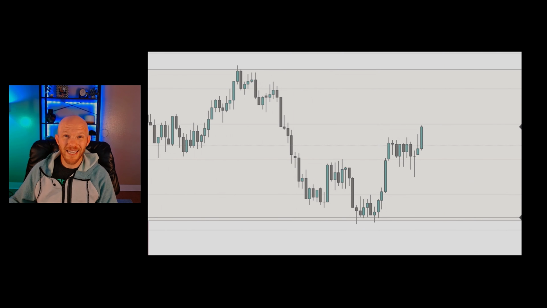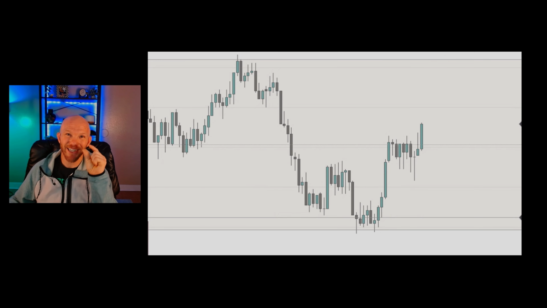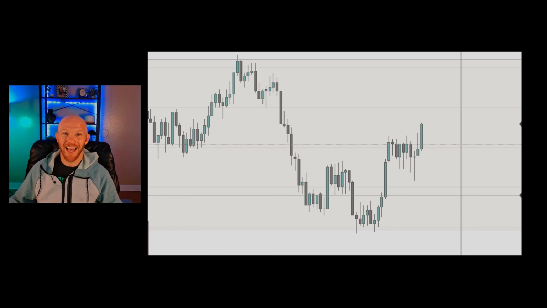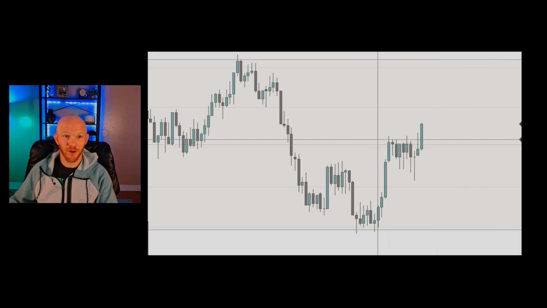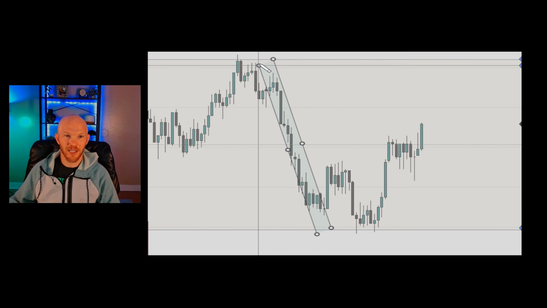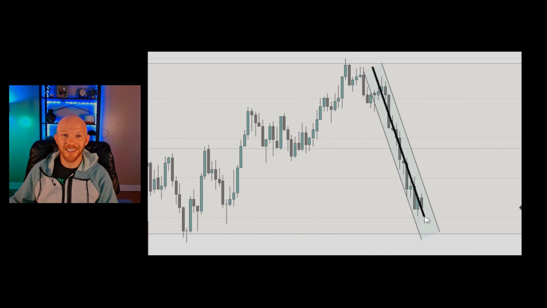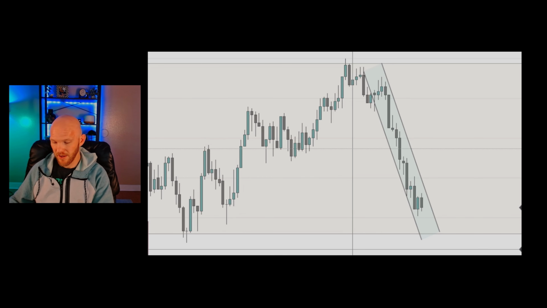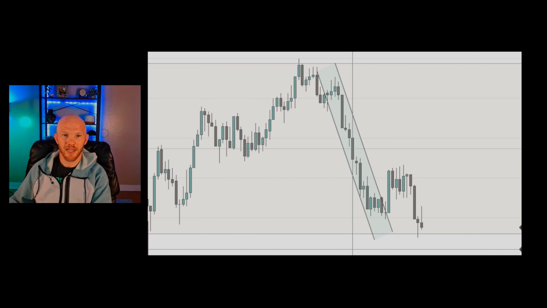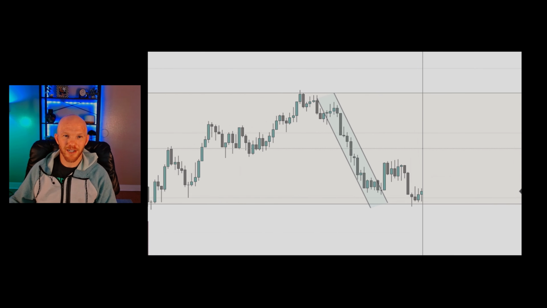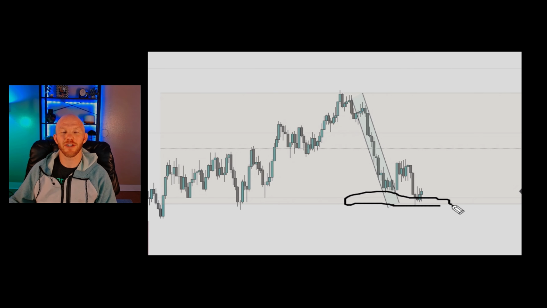There are still mini trends that get played out as price is going back and forth. So drawing our channels, we can see that there was a downtrend, a miniature downtrend in this trading range working right here. And this downtrend is in play until it has what? A break and a new extreme. So this downtrend is in play here. It has a break and a new extreme, and we find ourselves at the low of this trading range.